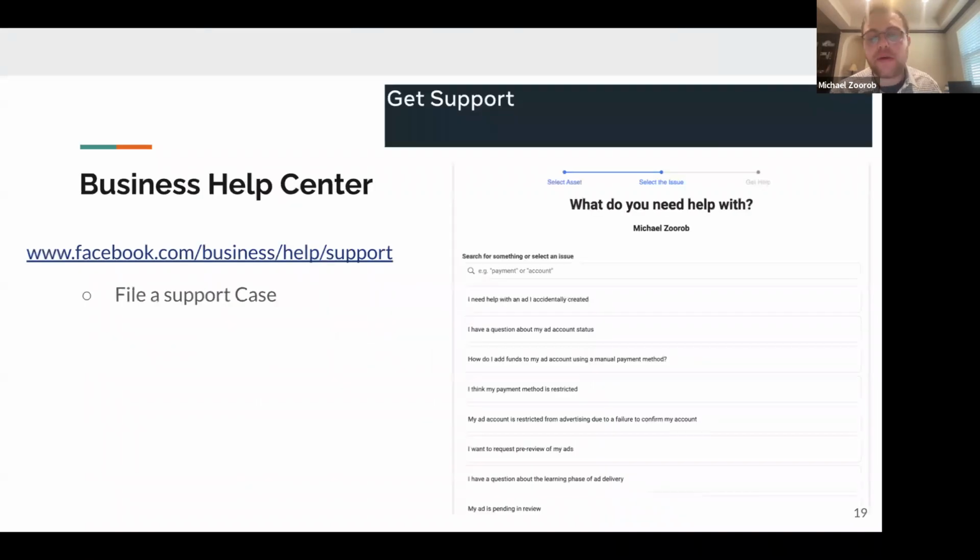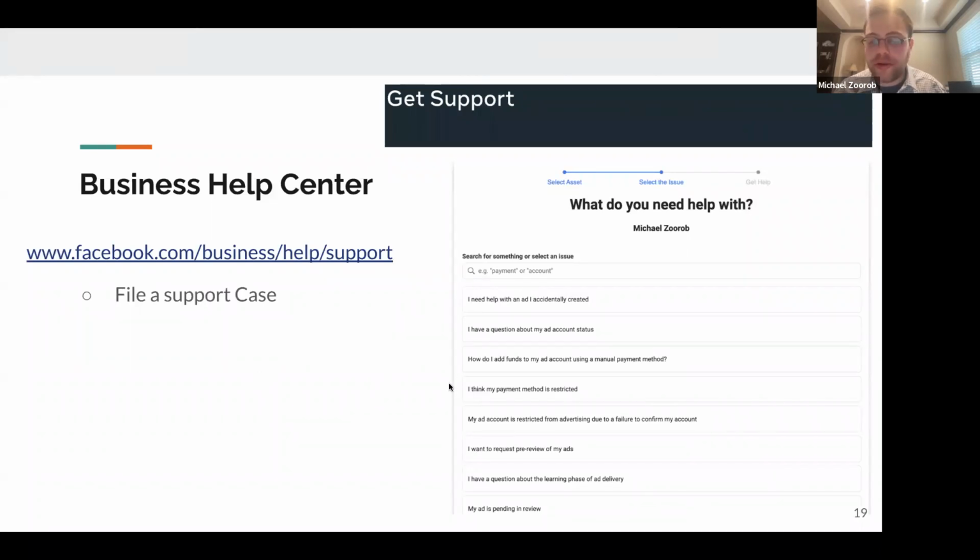Another thing you can do, and also for different kinds of problems, not just disapproved ads but some other kind of issue that you may experience with an account, is to use the Business Help Center. So here's the URL for this. And basically what this will look like is you can click the page or account that you're having a problem with. It will try to give you lots of help pages, but ultimately there's a button where you can click and ask for help about a particular problem.